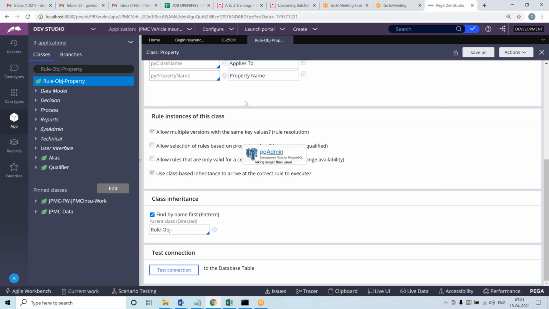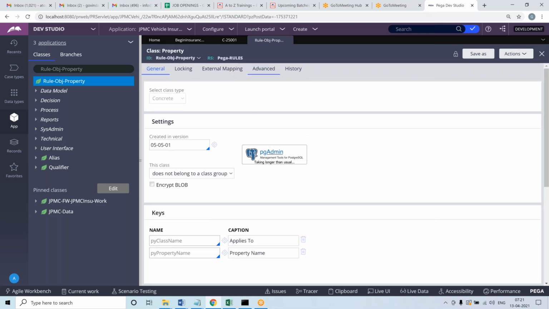See here. Let me open the database, the DB environment of pgAdmin, so that I can show you the tables and primary keys. We are now discussing pzInsKey, which is the primary key.